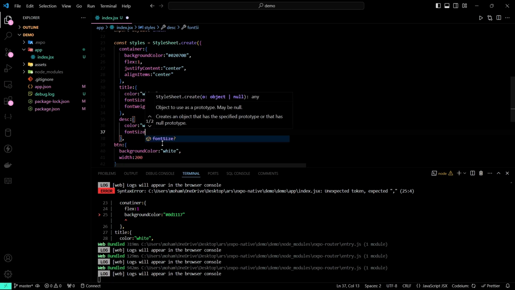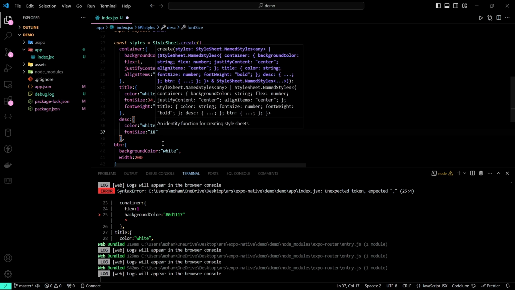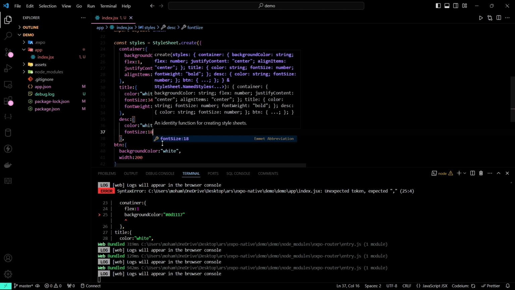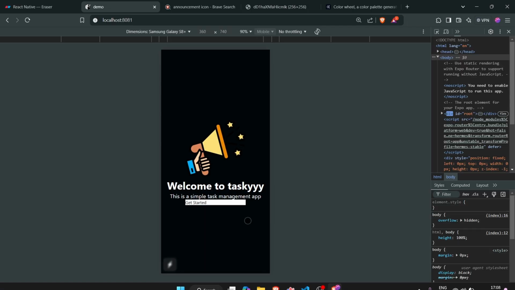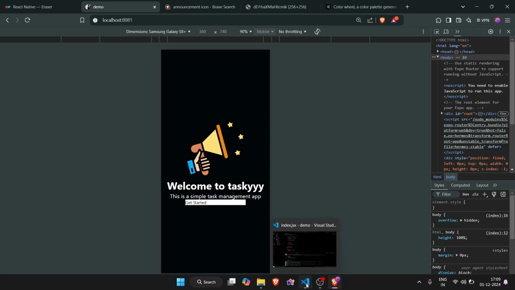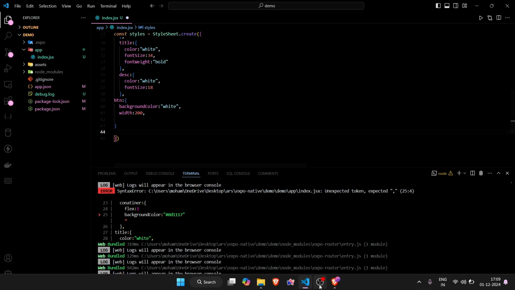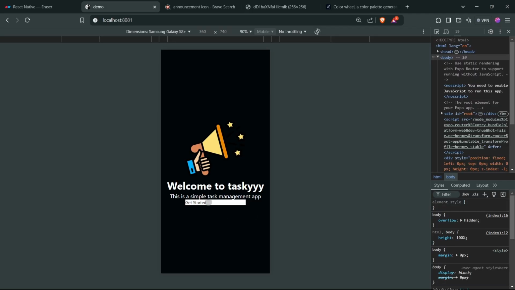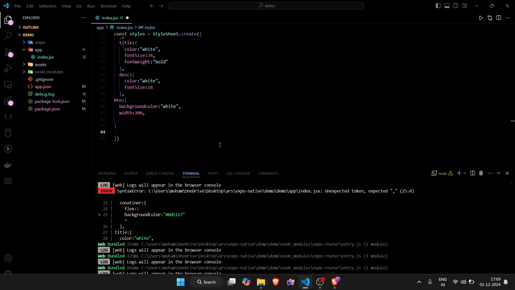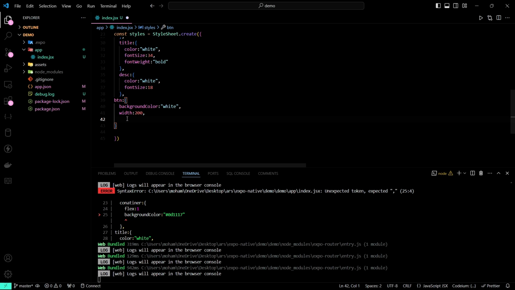Now for the description, font size of 18. Yeah. Now you can see there is an issue with the button, where I don't want this to increase. There is my button. Here I want to increase my font size, and also I want it to be bold. So when I directly apply those attributes here, it won't work. You can see that font size,